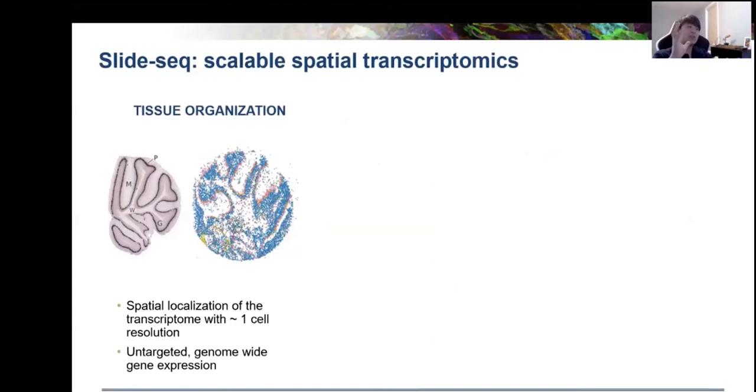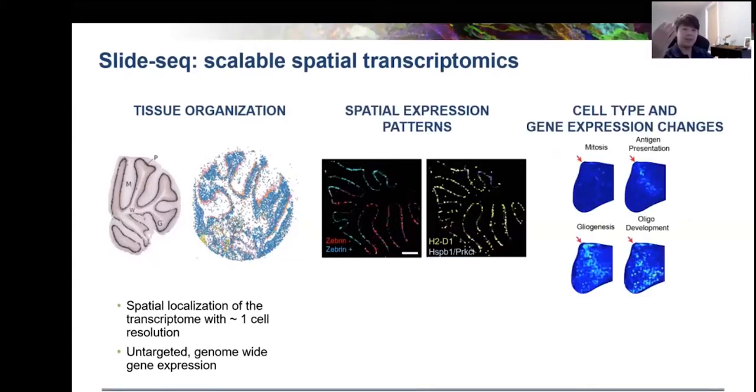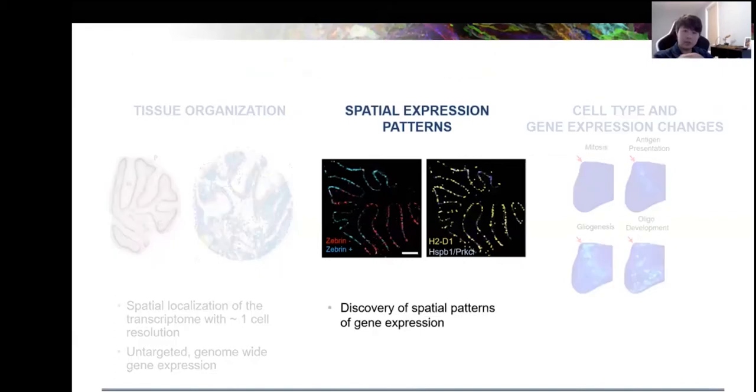And so it allows us to localize the transcriptome with about one cell resolution in this untargeted way. And now I'll tell you quickly about two examples of how we can use it to discover new patterns of spatial variation within cell types, as well as how we can apply Slide-seq to visualize spatial gene expression changes in pathology. So first, I'll tell you about how we applied Slide-seq to discover spatial gene expression domains in Purkinje neurons